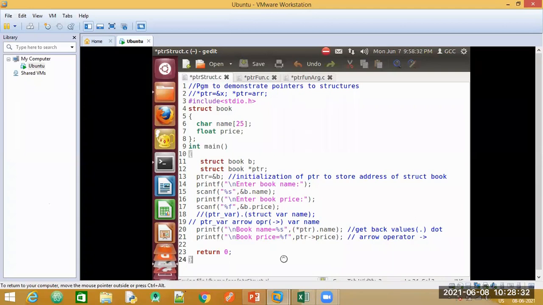Any other doubts? Ma'am, which is more efficient of both of them? No, both will take the same amount of memory, because we are not writing very huge programs. From the exam point of view, in the textbooks, this method is given.